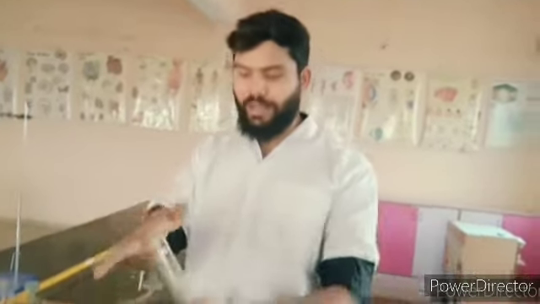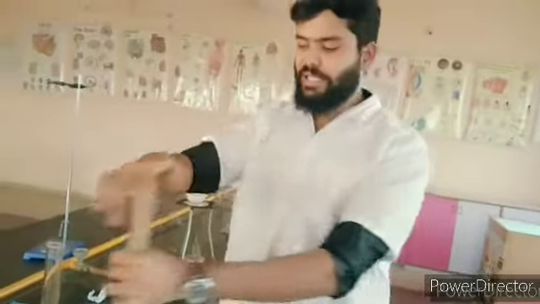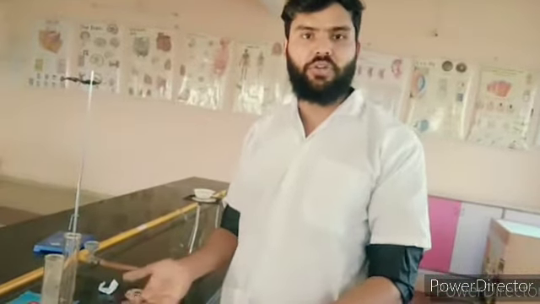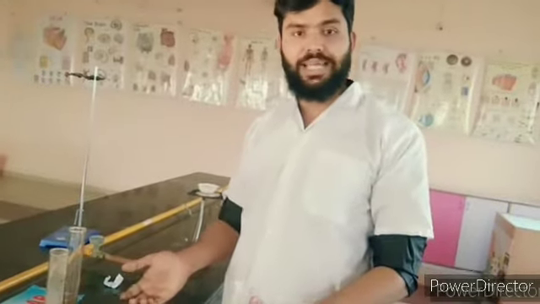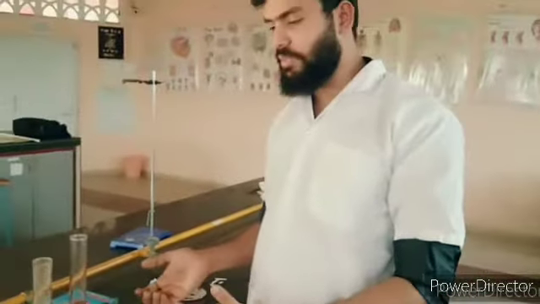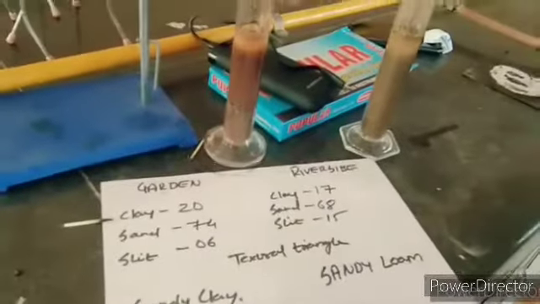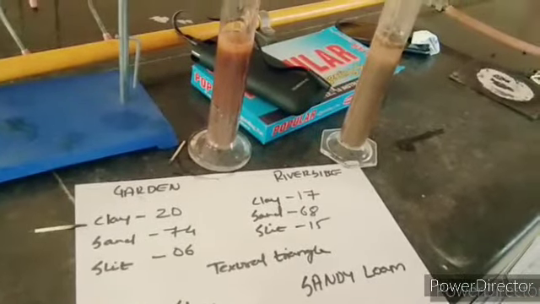After adding the water, I am going to turn it upside down and let it settle for the next 10 minutes to understand how it settles. With that we can understand the texture of a soil. Okay, after shaking it and keeping it for settling, the water has been mixed well with the soil. Looking at this sheet, this is the garden soil, whereas this is the riverside soil along with water.